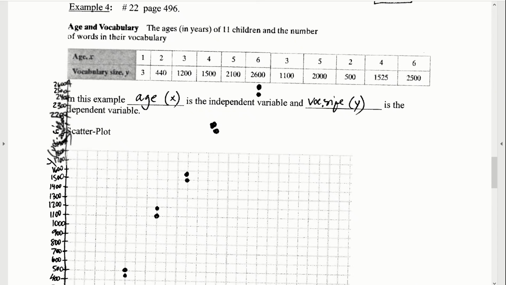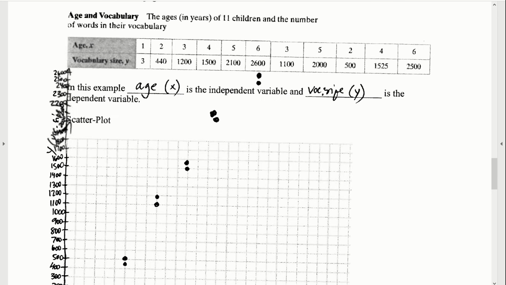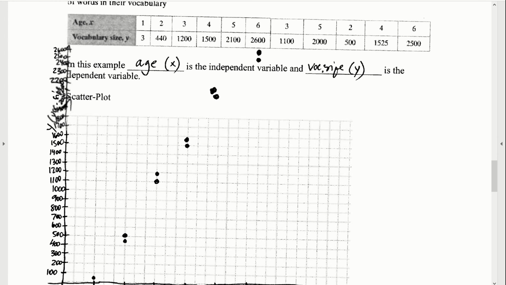Let's take a look at the next example in 9.1. Here we're looking at the relationship between age and the vocabulary of children. The x variable will be the age, that's going to be the independent variable. We expect the vocabulary size to be dependent on age, so the dependent variable is vocabulary size, that's going to be the y. And the first thing we're asked to do, other than determine the independent and dependent variable, is they ask us to do a scatter plot of these two to determine the type of relationship that might exist